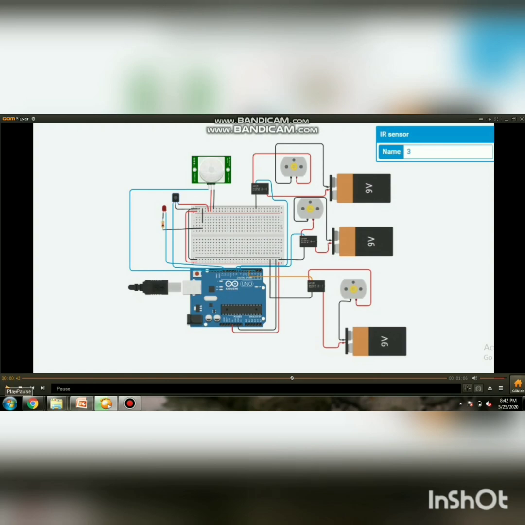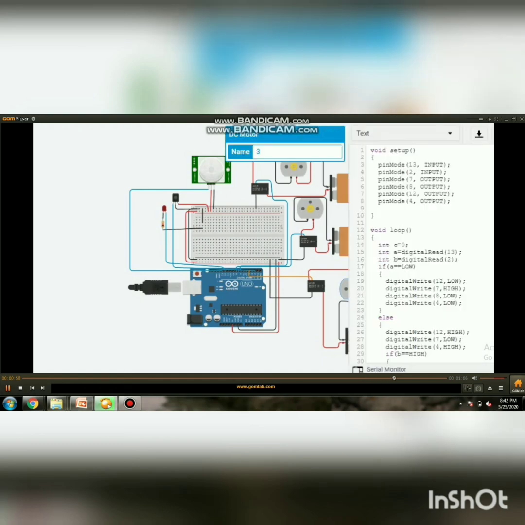Then the second one starts rotating. It holds the motor of which the RPM is to be calculated. Then the IR sensor senses and calculates the RPM. The measured motor is now placed on the second conveyor belt, which is rotated by the third DC motor. This DC motor rotates the belt either clockwise or anti-clockwise based on the RPM, and this is the code that we are using to run this circuit.